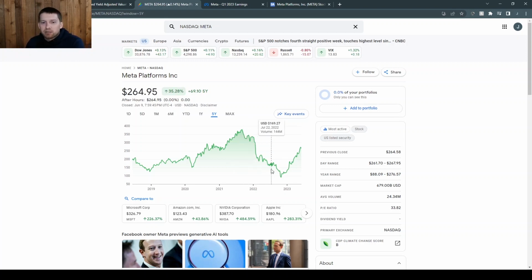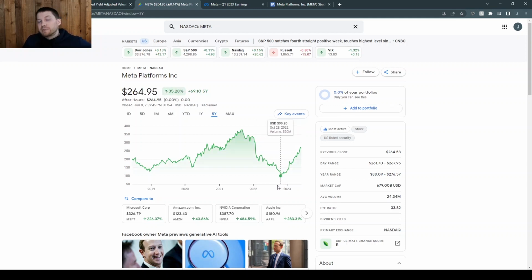I got built up to a decent allocation size that I wanted to. I think the allocation at that point was maybe 3% or so, and I was pretty happy with it. So I wasn't really planning on adding any more to my position. I thought the cost base that I had, about 160, was pretty good, and the thesis was intact. There was a lot of fear around Meta, and then we flushed down after earnings to $100, and then it went to 90, and I think it bottomed at like 88, and that was crazy.